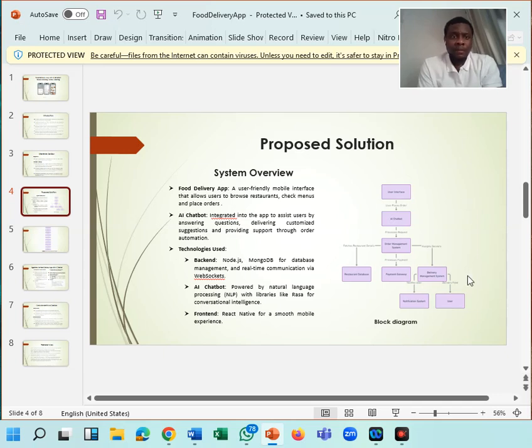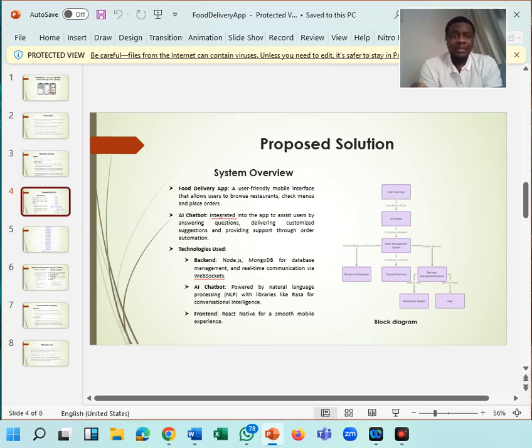That's the user interface. Now, when a user opens it up, it becomes the interface. It places the order through the chatbot. So through the chatbot, the user places his or her order, and the chatbot processes that request, and the system analyzes the request and fetches the restaurant details from the restaurant database.